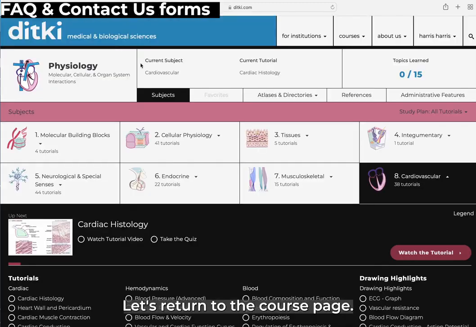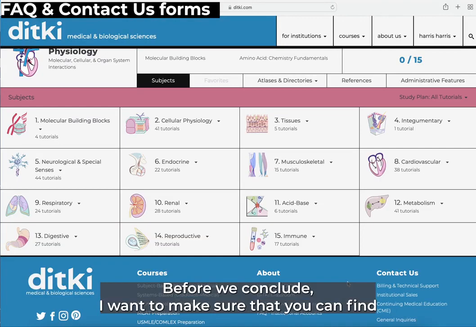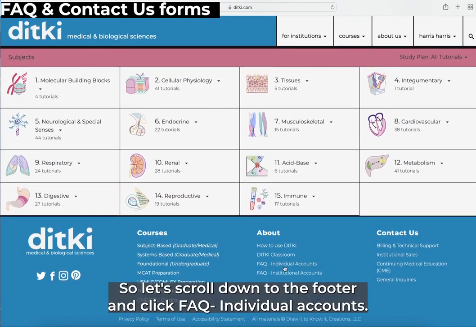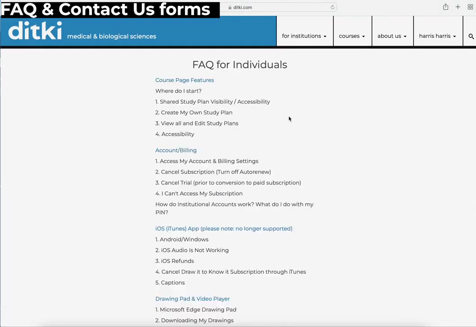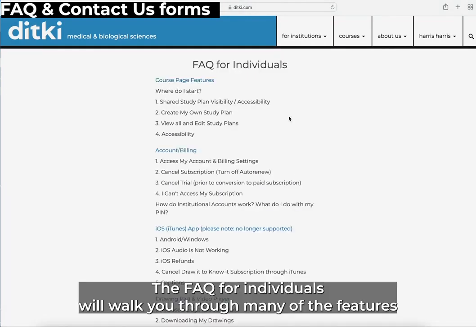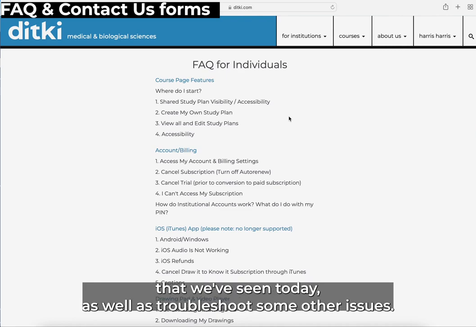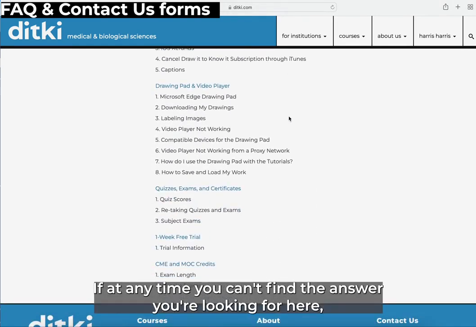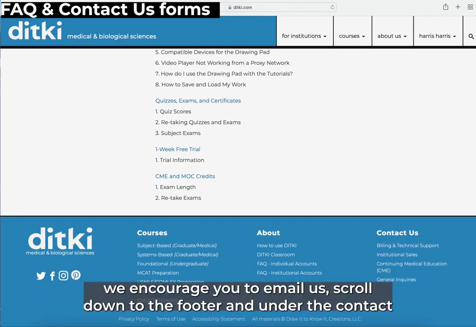Let's return to the course page. Before we conclude, I want to make sure that you can find other information that you need. So let's scroll down to the footer and click FAQ Individual Account. The FAQ for individuals will walk you through many of the features that we've seen today, as well as troubleshoot through some other issues. If at any time you can't find the answer you're looking for here, we encourage you